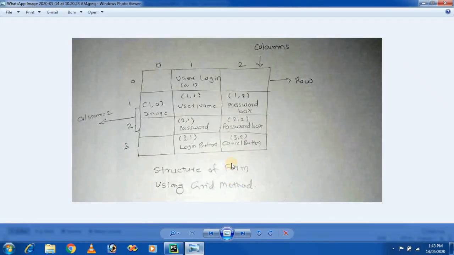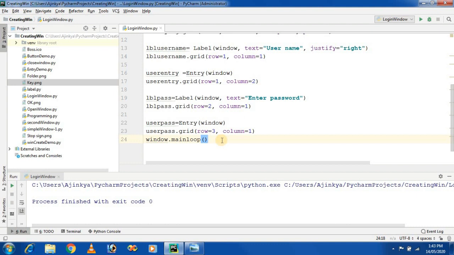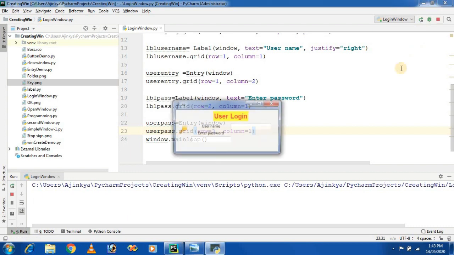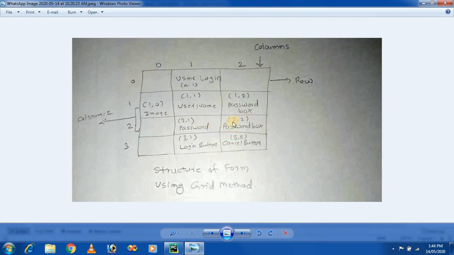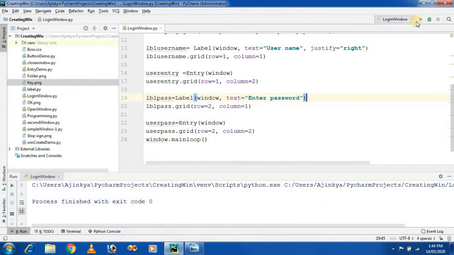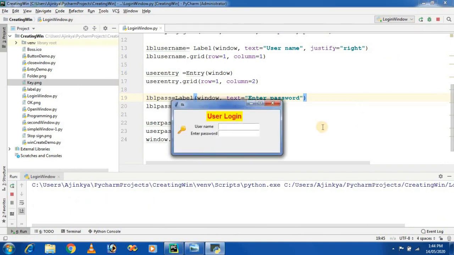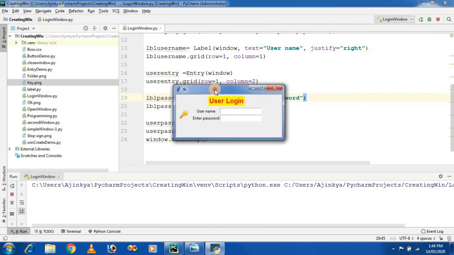So run the project. Oh, sorry. Row number it is 2 and column number it is also 2. Okay, so this is our structure, row number 2 and column number 2. So run the project. So in this way we create 50% or 60% of the login form.